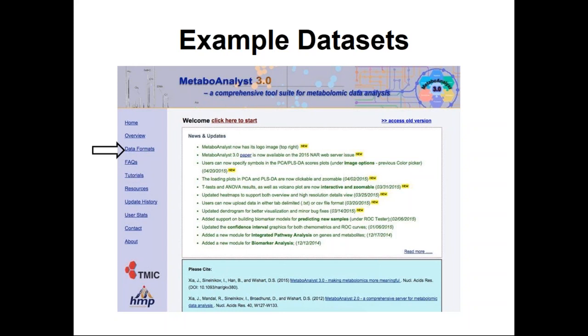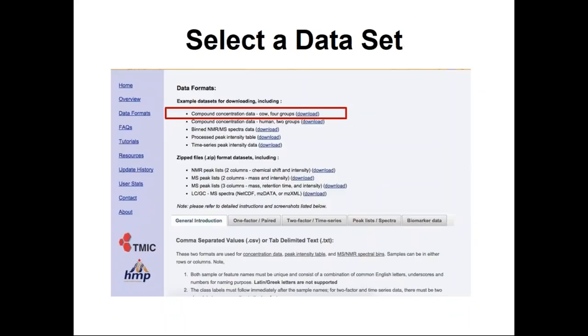If you click on the left side, you'll see a column, and there are things called overview, home, facts, tutorials, resources, update history. But then there's also something on data formats, which describes how you have to assemble your data. Basically, it can take data that's in an Excel-like spreadsheet, and these are the types of data formats it will have. You can have compound concentration data, spin, bin data. Then there's time series peak intensity data, and you can take a look at exactly how these things are structured, just to see how they're built or what sort of data formats you want.